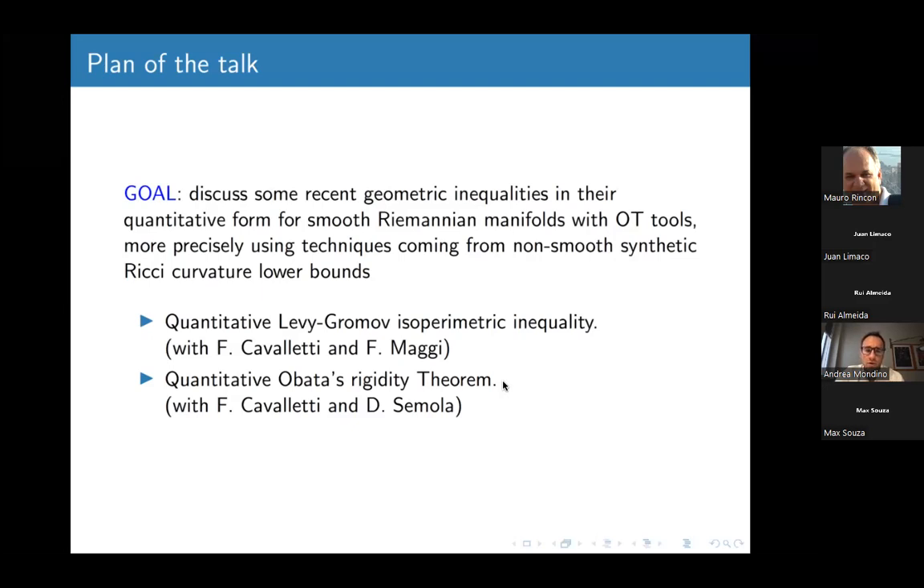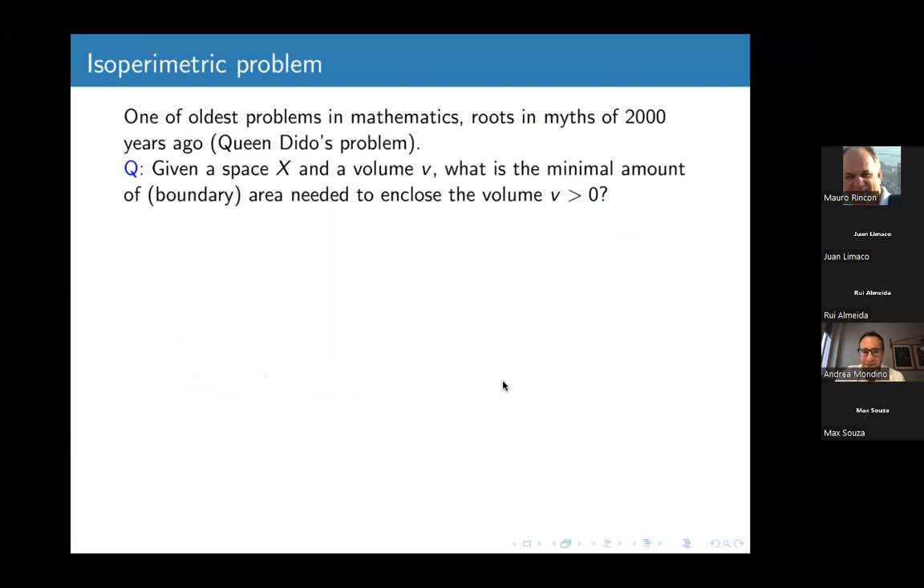The first one is a quantitative Lévy-Gromov isoperimetric inequality. This is joint work with Fabio Cavalletti from SISSA and with Francesco Maggi from Texas Austin. And the second result is a quantitative Obata rigidity theorem with Fabio Cavalletti and Daniel Semola, who is a postdoc in Oxford. All right. So let me start, as a warm-up, with something that we all know very well,